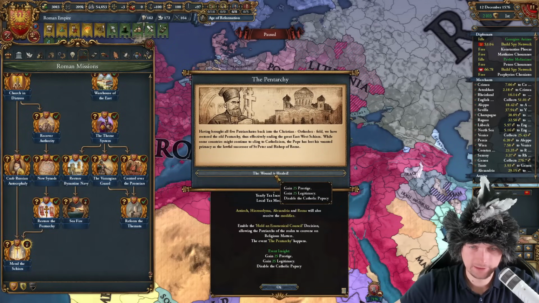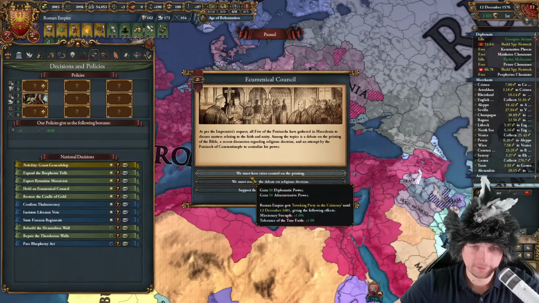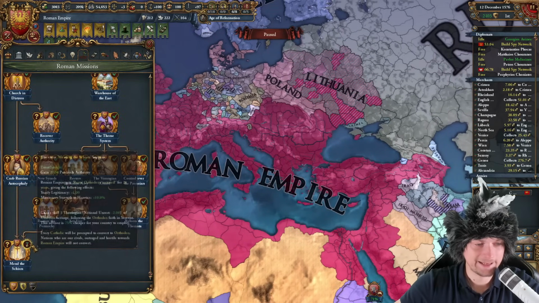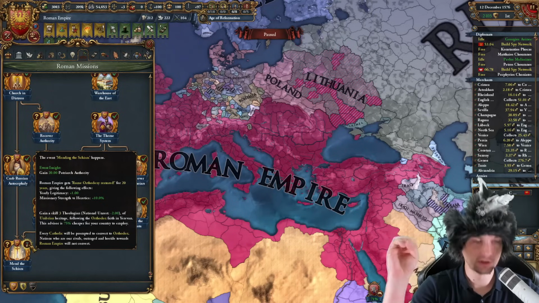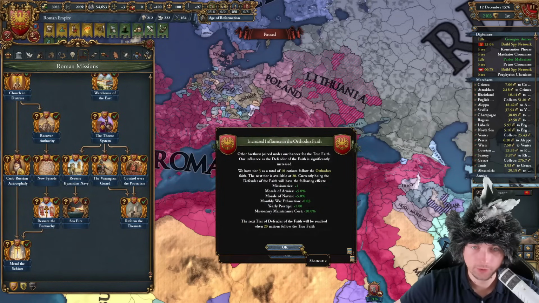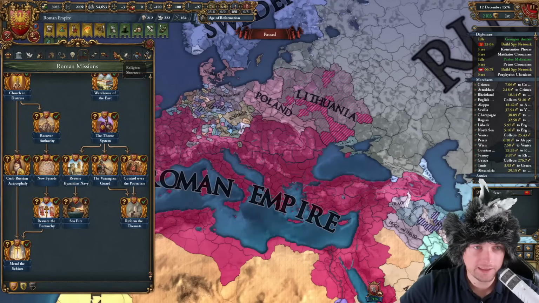So the Pentarchy is disabling the papacy, and I can hold the Ecumenical Council, which gives me missionary strength, stability cost, or Patriarchal authority. Let's go for the missionary strength. Papacy is disabled, and finally Mendeschism is giving me another missionary strength, this time for the heretics. And this will start inviting nations in Europe to join the Orthodox faith. And it looks like it...